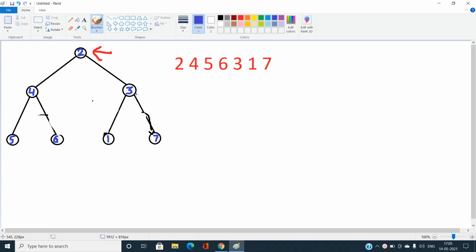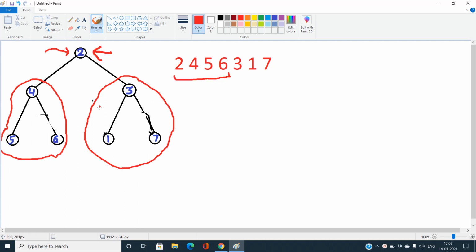Coming back to the problem, suppose we are at a certain step of this recursion and this is the root node. Suppose we have already built the pre-order traversal of this one, and since we are doing pre-order traversal, the left subtree is done, the right subtree is done, and we have written the pre-order traversal of this one. So it means I have written over this step, and we have also traversed this subtree, and we want to link this 6 to this 3. How are we going to do that?